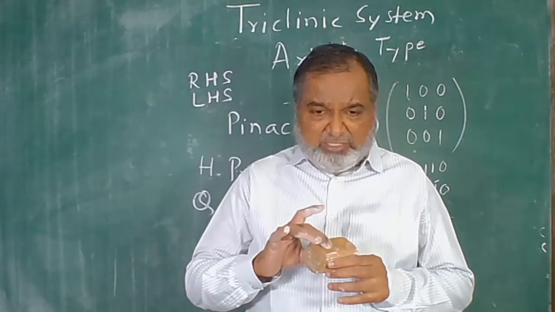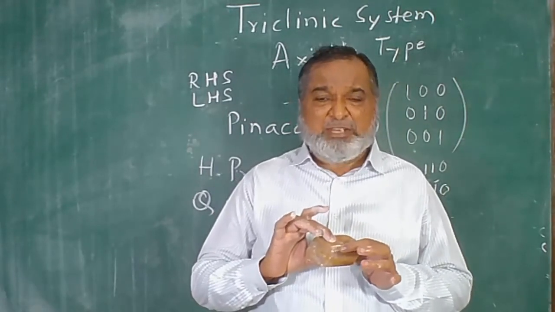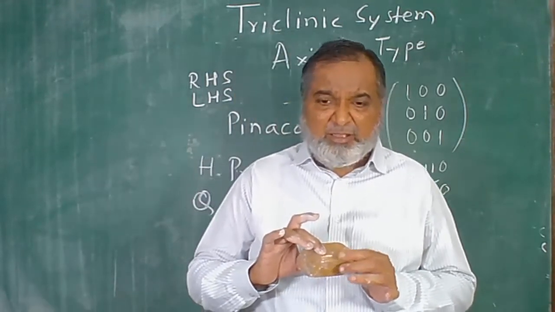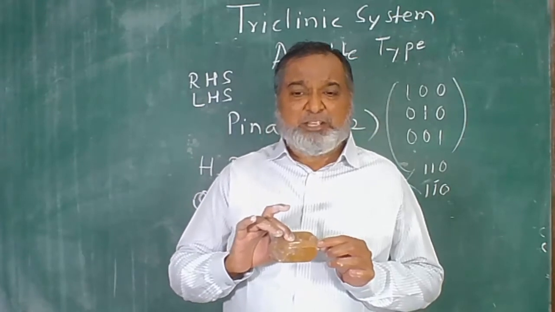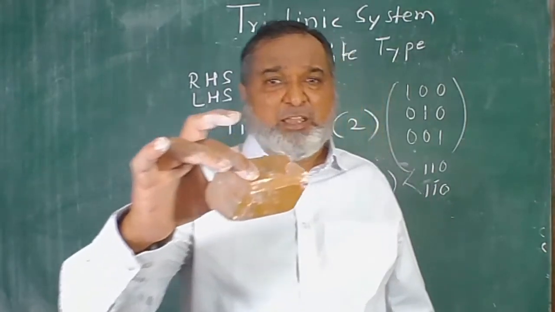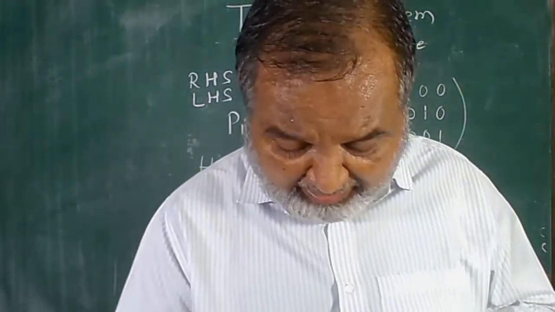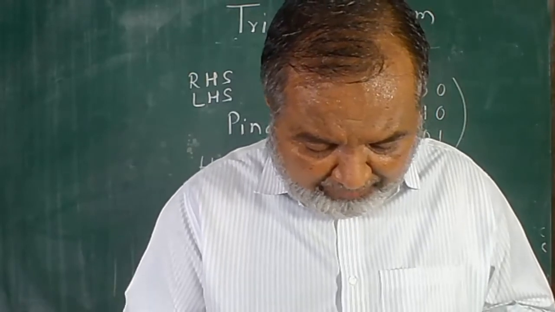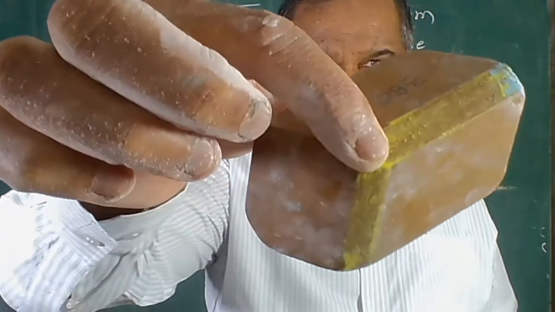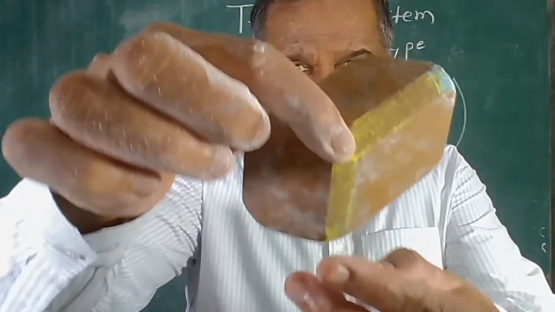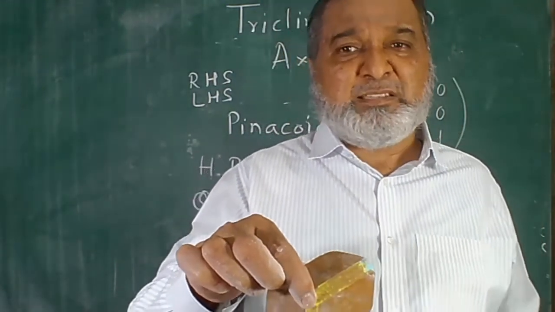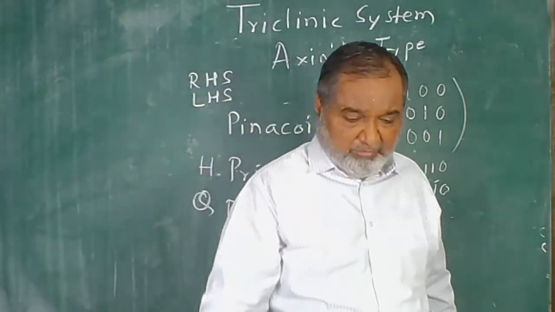The similar one, this is already gone now. Here also we have a pyramid, the quarter pyramid 1, 1, 1. And here also one pyramid is there, so that is also a pyramid 1, 1, 1. So these are the forms which have been preserved. This is the way you are going to hold the model. I'll show it again with the yellow one. If you get the idea, this is the holding position. Make this particular part vertical, and you'll get the positions of the axes. I think this is clear for this model.